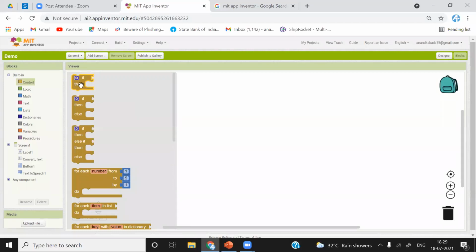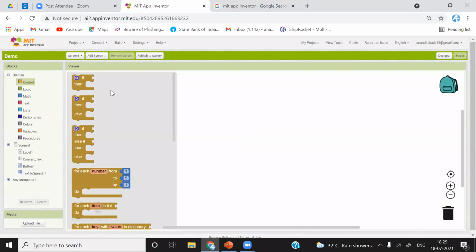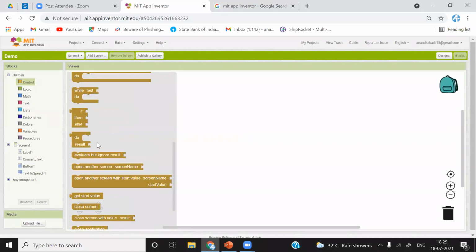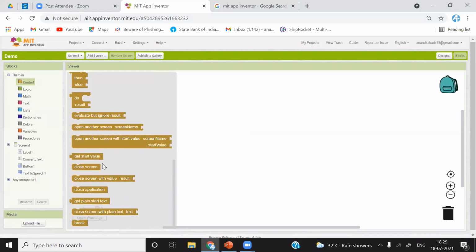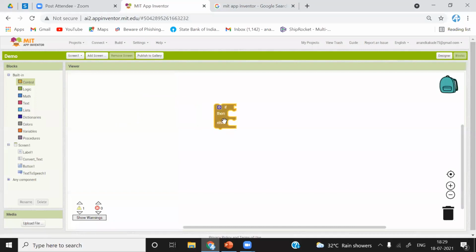You can see this if condition is there, if then else is there. Okay. So we'll talk quickly about these built-in blocks, and then we will complete our app. First, we will talk about the control. In control, all the condition related functions, which are if condition, if then else, loops are there also. Okay, you can just use these components and you can just simply drag it and use it in your application.